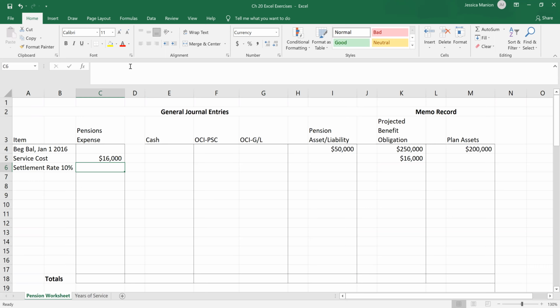So the interest cost equals 250,000 times 10%, 0.10. So that's our settlement rate. That's an increase to the pension expense. That's an increase to the projected benefit obligation, is how we handle that. Again, I'm just going right in the order of they're giving us the data in the book. So the next one they give us is we've got